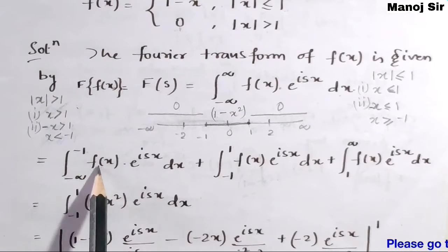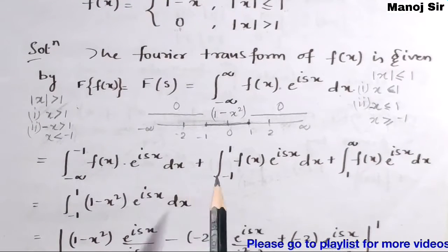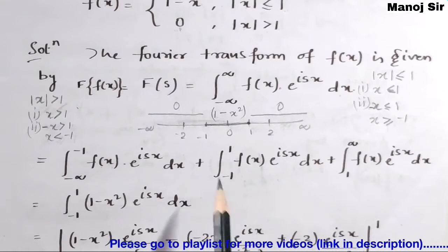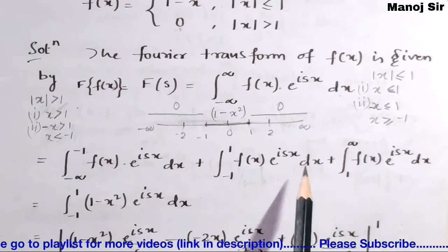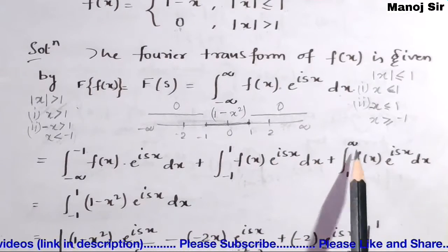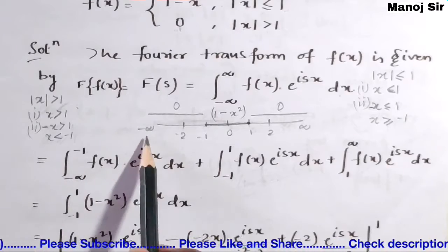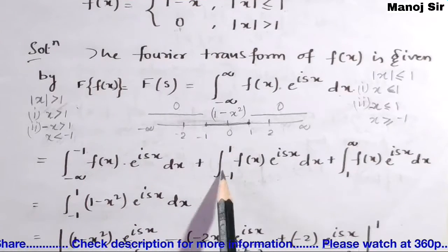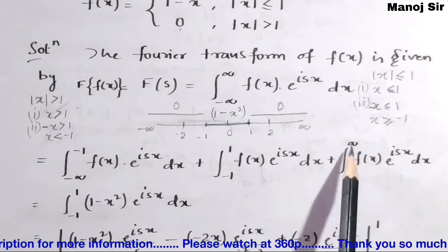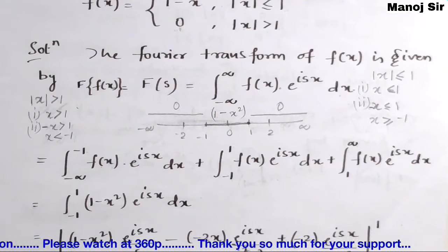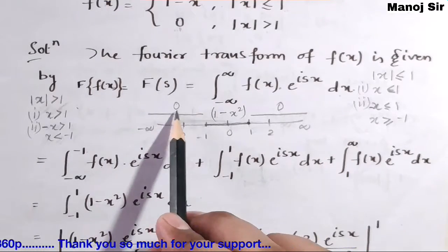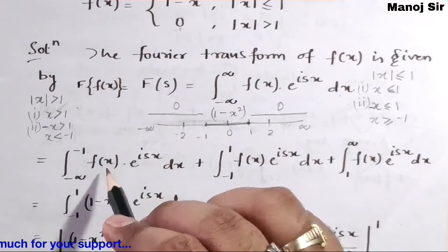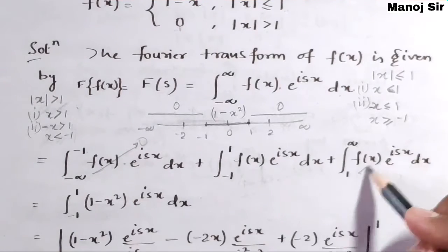minus 1 of f of x e to the power i s x dx, plus integration from minus 1 to plus 1 of f of x e to the power i s x dx, plus integration from 1 to infinity. First we have minus infinity to minus 1, second was from minus 1 to plus 1, and third was from 1 to infinity. Now here you can see for this and this part we have function as 0, so this is 0, and this also